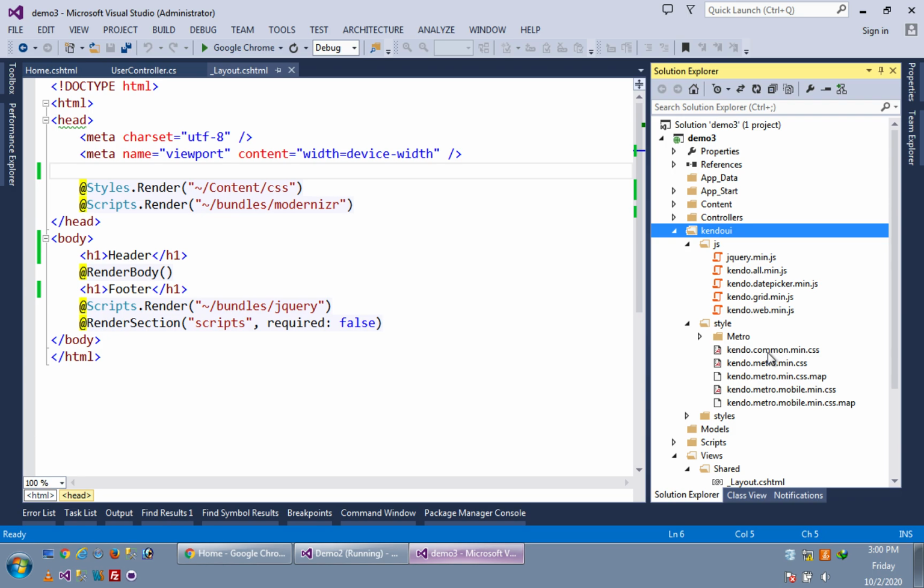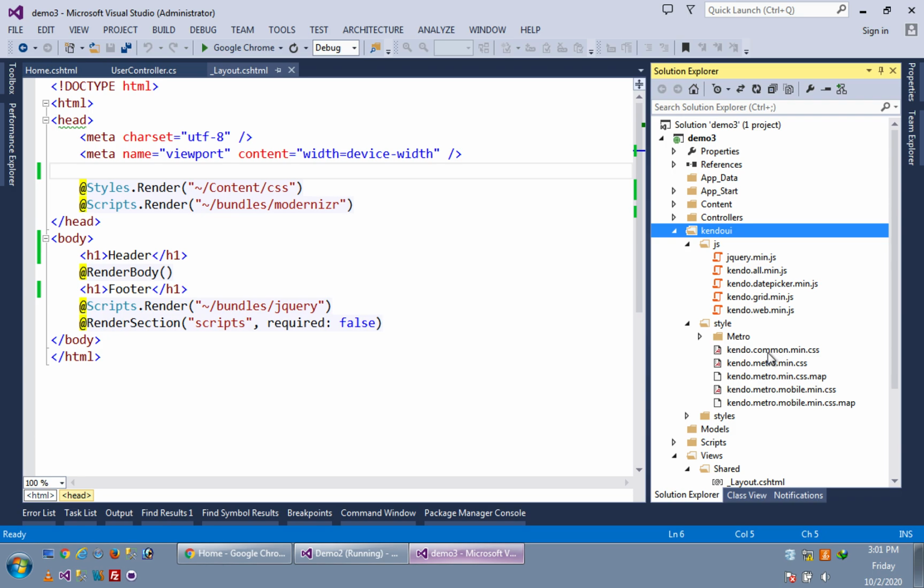Now we know that we have to use some kind of master page for our admin and one master page for our user. We want this Kendo UI theme in our entire user site. So we will create one master page for our user site. Suppose this layout.cshtml is the master page for our user site. Whatever files we have to include, like .js files and .css files, we will include in our master page, and they will be automatically included in all the children we create for this master page.